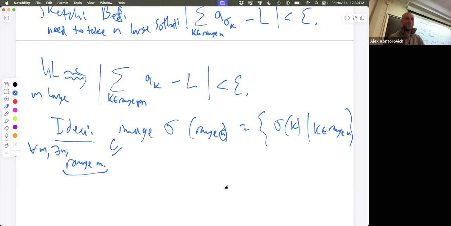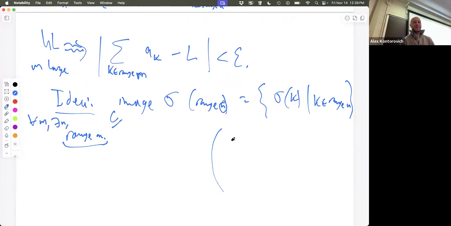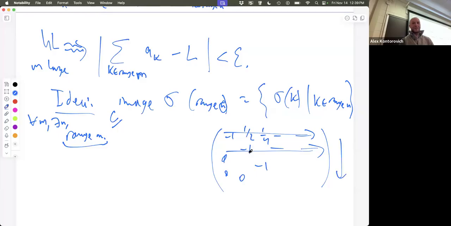Exactly. So by the way, you remember when we looked at that matrix, with the -1s and then a half and a quarter and so on, and zeros over here? And we summed this way and then that way, and then down as opposed to down and then across? Were those rearrangements? Technically, no. Because we would have to sum infinitely far this way before we would even start summing this term. So they're not really rearrangements.